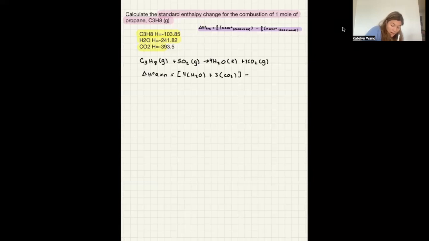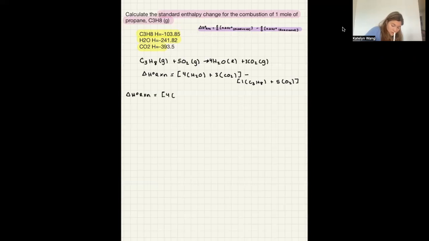And then we're going to subtract the reactants. So it's going to be subtracted by 1 times the standard enthalpy for propane plus 5 times the standard enthalpy for O2. All right, so let's go ahead and plug in our numbers. So that's going to mean change in H reaction is going to equal